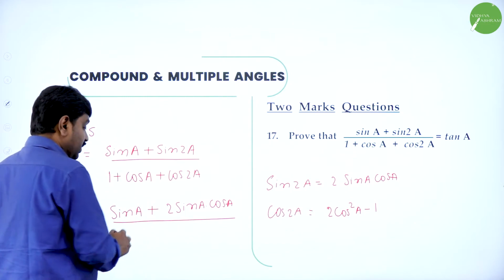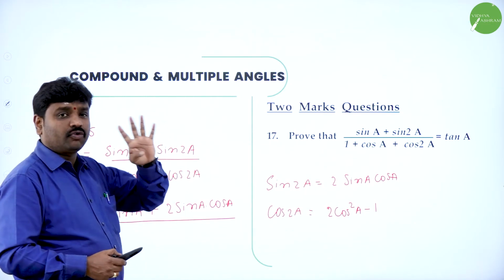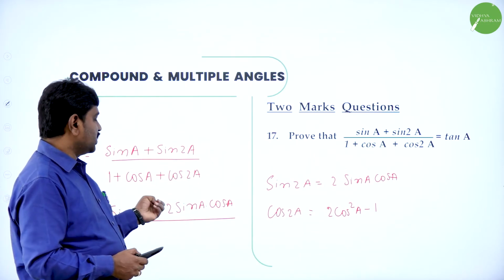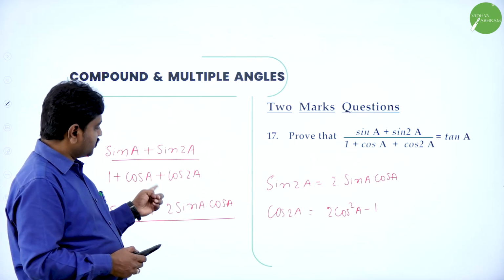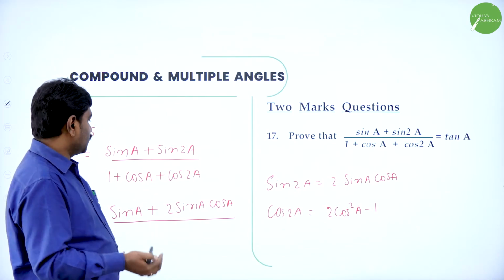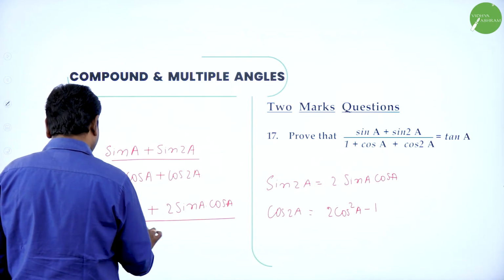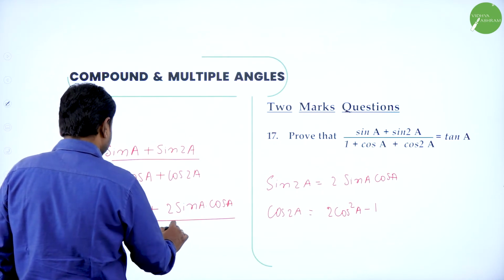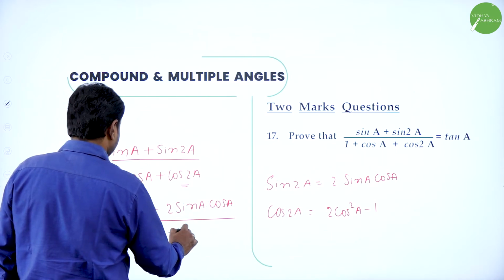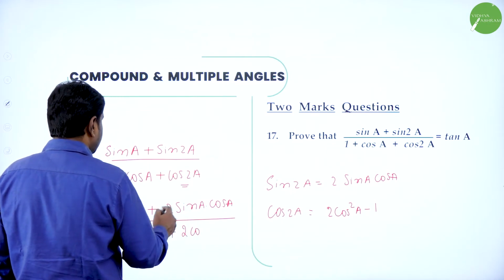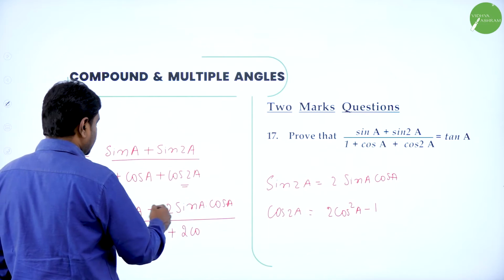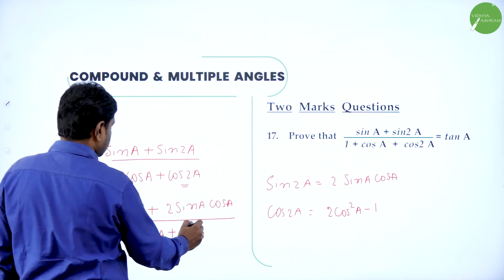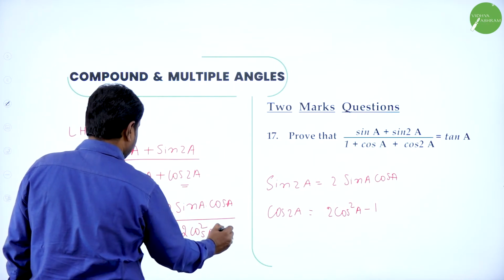For cos 2A, we have three formats. One is in terms of sin, the other one is in terms of cos, and the other one is in terms of both sin and cos. So now 1 plus cos A, let it be. Plus, instead of cos 2A, I'll write 2 cos square A minus 1, or 1 minus 2 sin square A, so that if you take sin common, you can cancel. Okay, let it be 2 cos square A minus 1, I'll write.